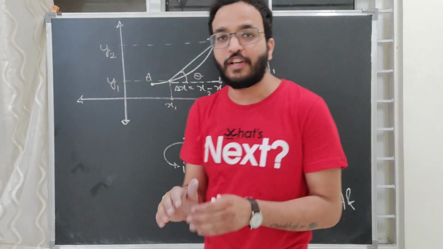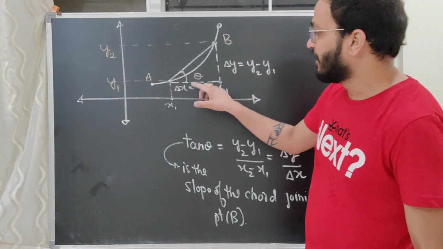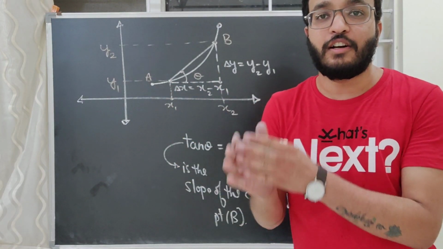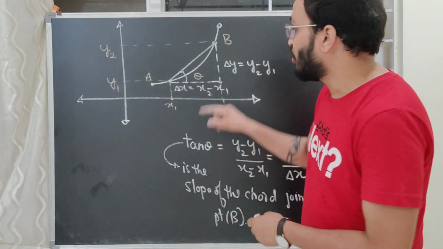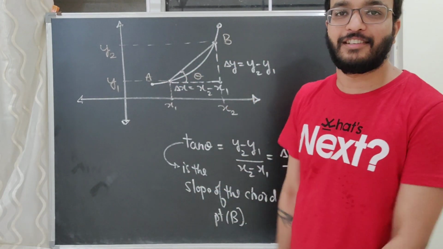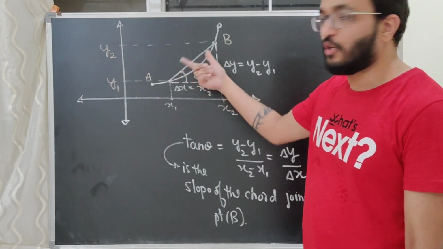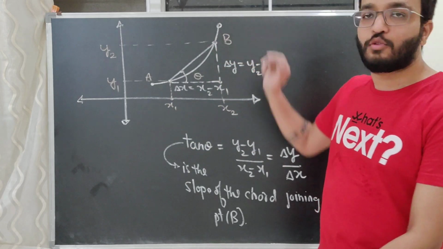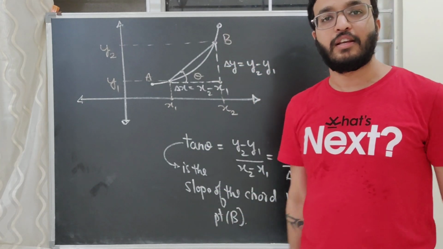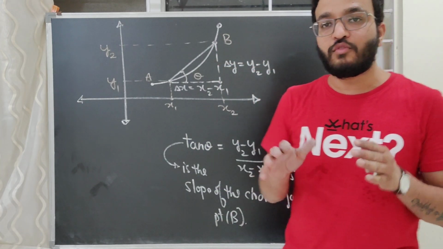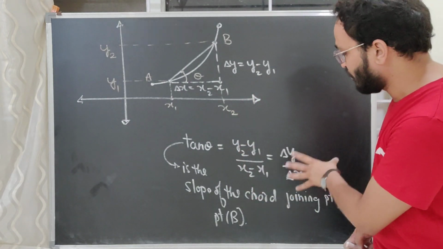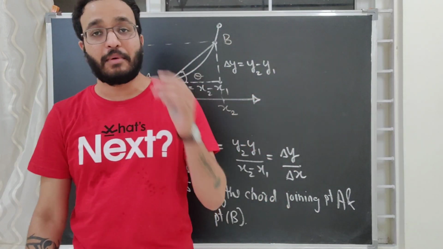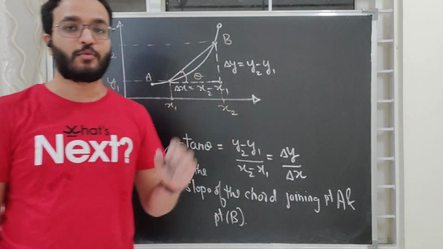So instead of getting the tangent at point A, we have derived the slope of the chord between point A and B, right? So do we want this? No, we don't want this. We want the slope at the point A separately, and we want the slope at the point B separately. Are you understanding? So this is what we want, but we are not able to get this through this concept, through this formula. Tan theta is delta y by delta x. Absolutely right. There is no problem here.